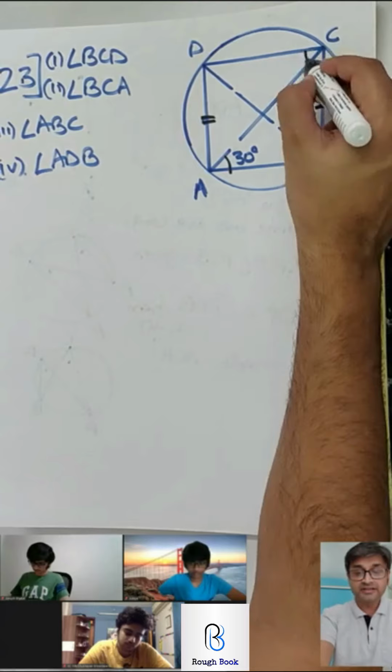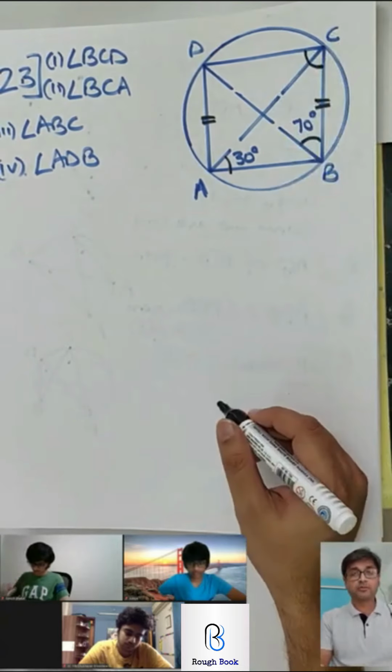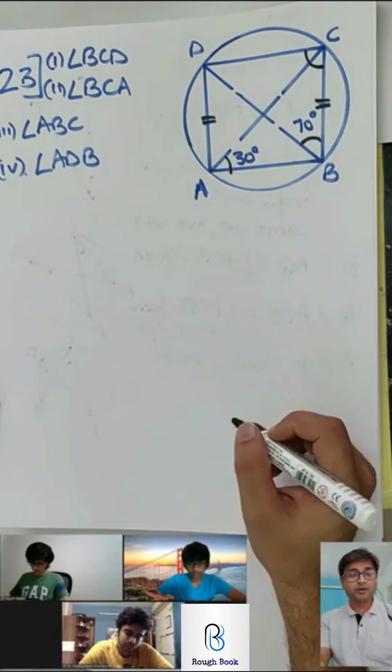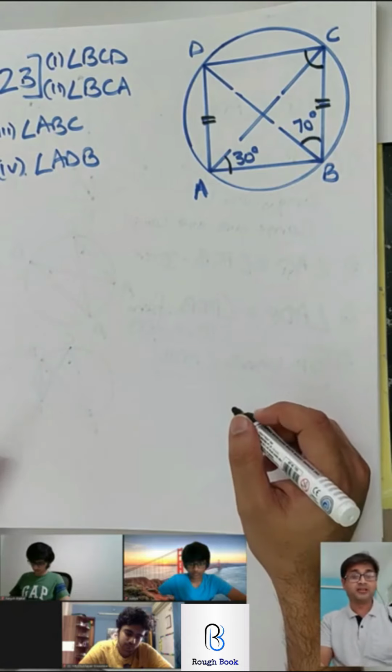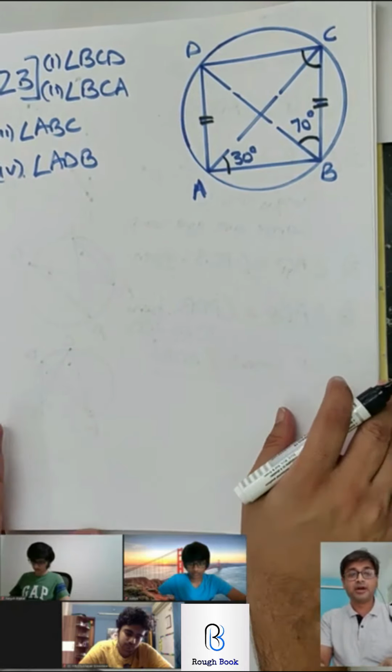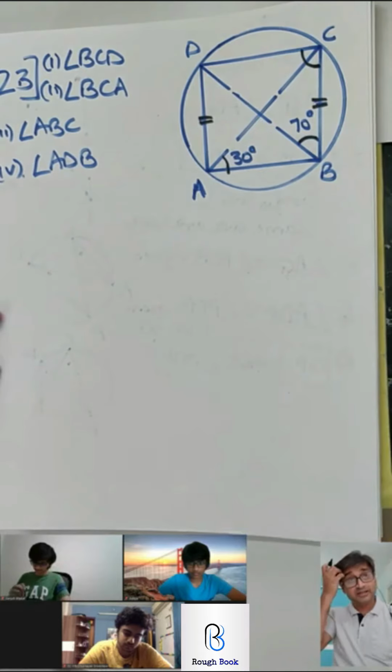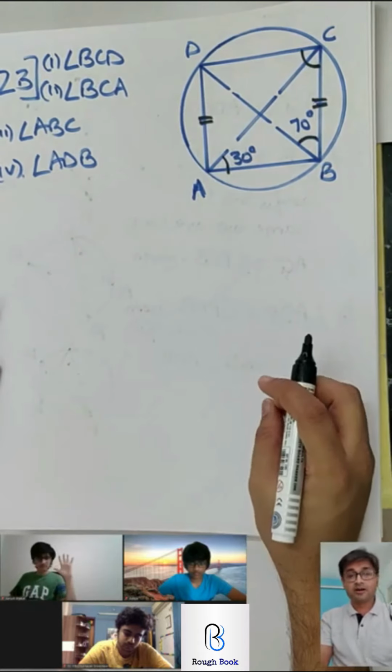Your first target is BCD. How are you going to get this one? Come on. If you get this, any three of you who are right over there, I'm just throwing a challenge to you people. I'll be seriously impressed. Come on, give it to me. I'm giving you 10 seconds to think. BCD. Yes, Bhakar, you want to try?